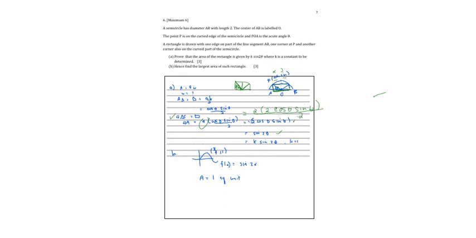So proving that the area of the rectangle is k sine 2 theta, where k is 1. Hence, find the largest area of such a rectangle. So I can use my GDC to graph f of x equals sine 2x, and that gives me these coordinates where the y value, which is the area, is equal to 1. So that's equal to 1 square unit.